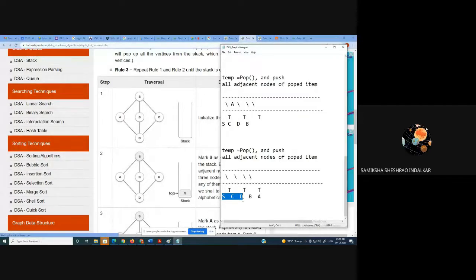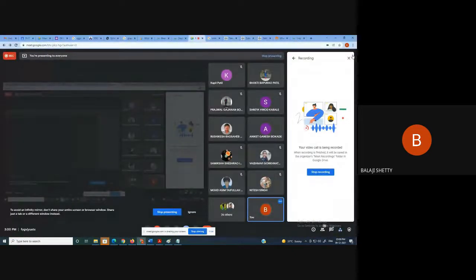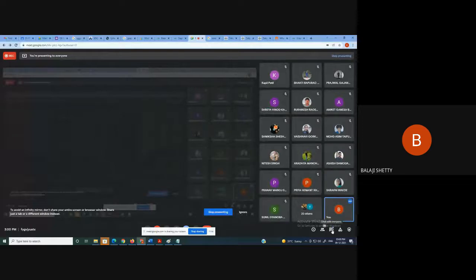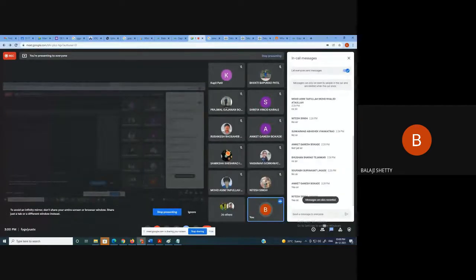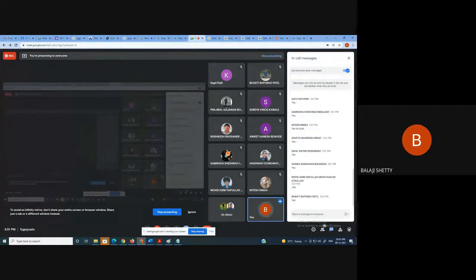Yes, sir. Type in the message box how many of you understood. If you understood, say yes, we understood both DFS and BFS conceptually, not the program, but you have to see the program. Concept, someone say yes. And if there is anyone who has not understood, I will repeat. If any one of you has not yet understood, I will repeat.